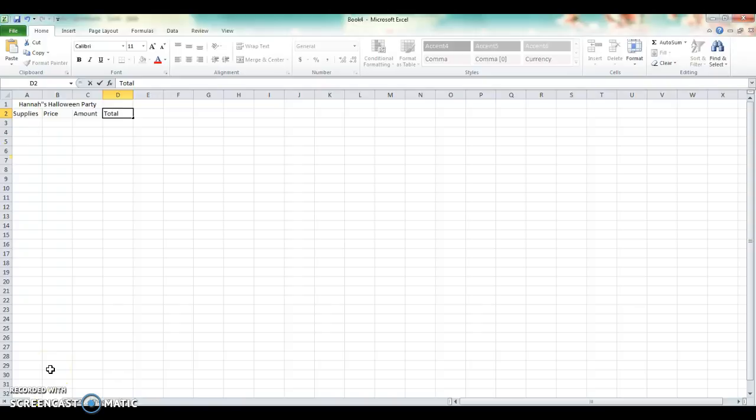Next, go on down into the cell below Total, and here we are going to put in our formula to calculate our prices so that we don't have to do everything by hand. The computer will do it for us. First, you click into the cell or into the formula bar up top, and you put an equal sign. The formula will not work without this. Next, you're going to type in